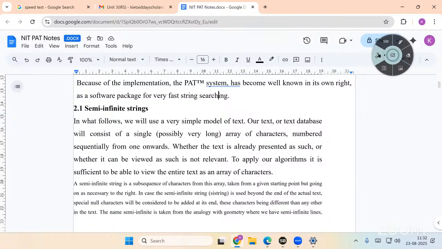We will use a very simple model of text to represent our text or text database, which will consist of